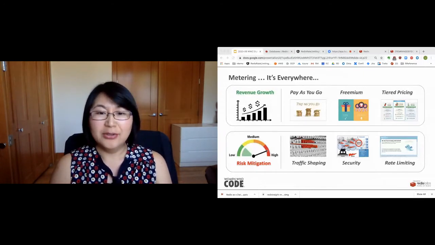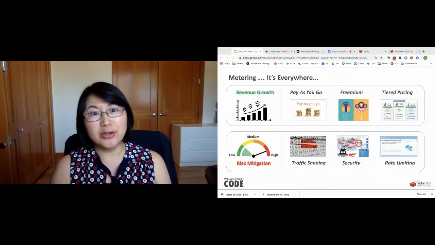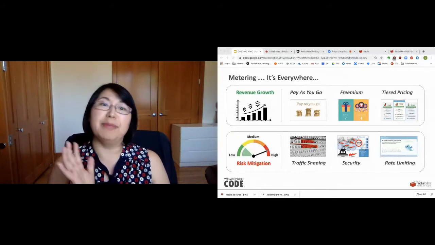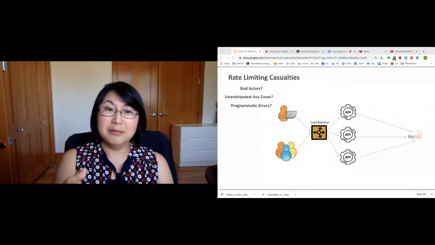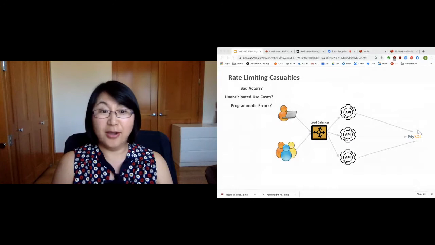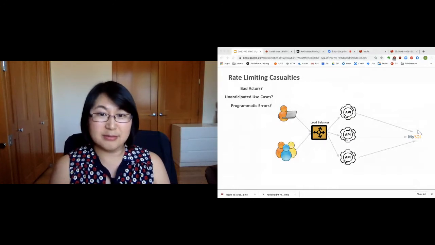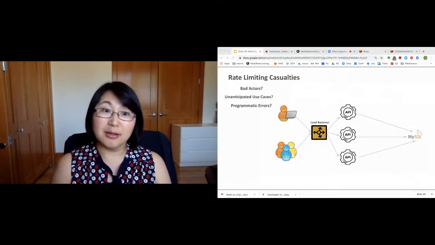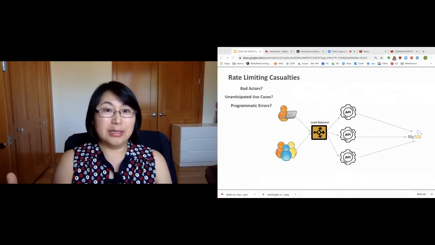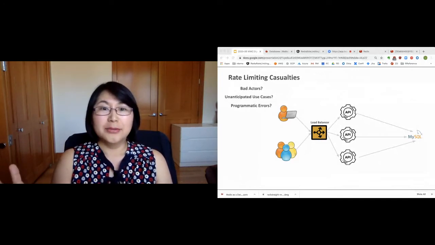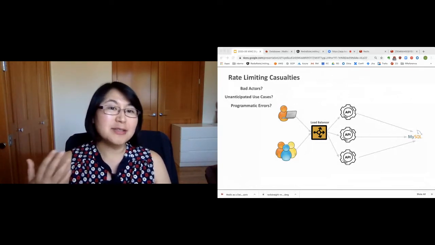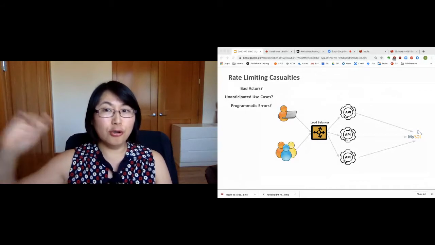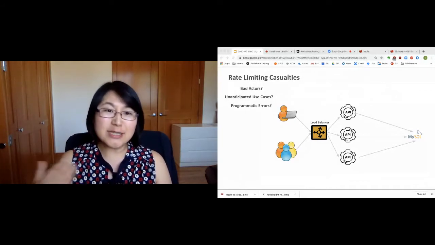And by the way, when people view the concept of rate limiting from the view of bad actors doing bad things to a resource, and you want to limit their access, often that is not the case. Often it's the unanticipated use cases, where a new release of a product comes out and the developer realizes, oh, I thought my resource would be consumed once per minute or 10 times per minute. But the new code that got released is checking every time that API gets called, and it's like 10,000 times